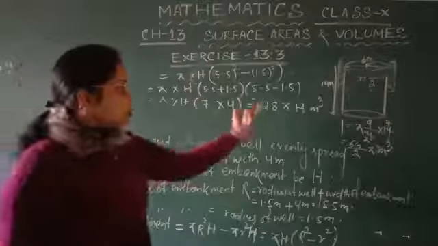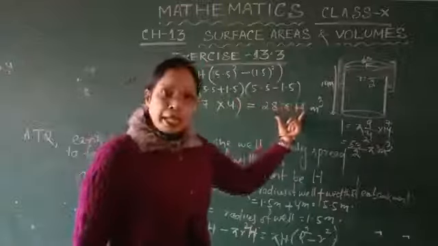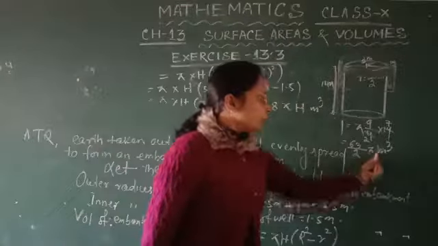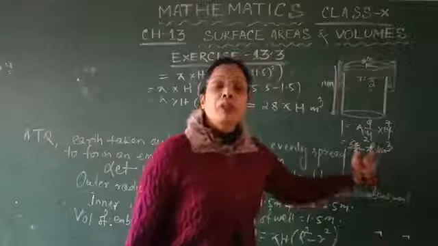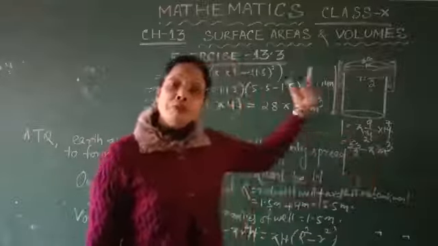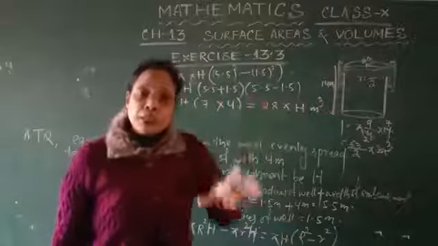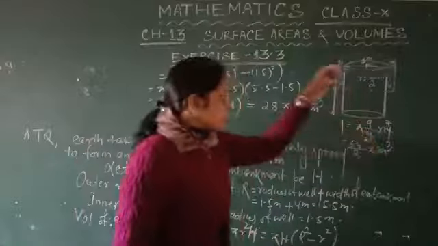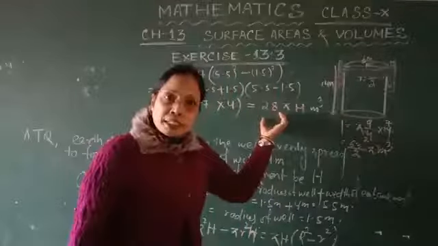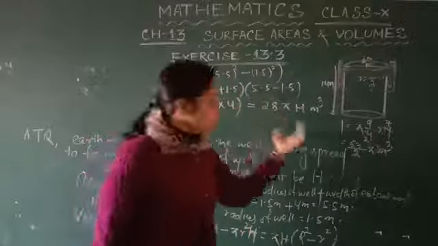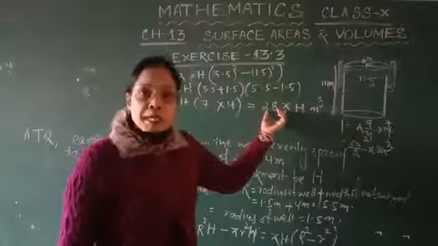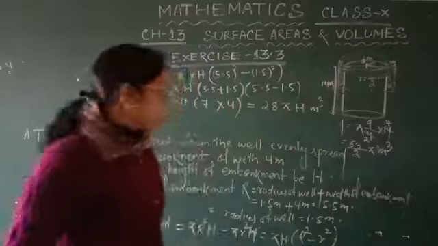Okay, so this is the volume of the embankment, and here 63 upon 2 pi meter cube is the volume of the earth taken out from the well. So according to our question, that much earth is spread and makes this embankment, that means the volume of this earth is equal to the volume of this embankment. Yes, so now here we write